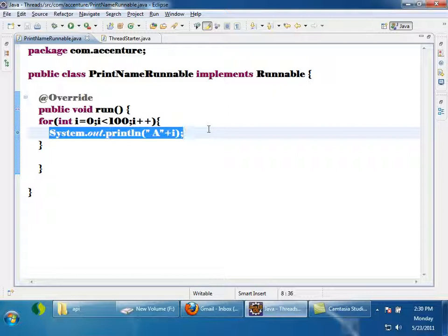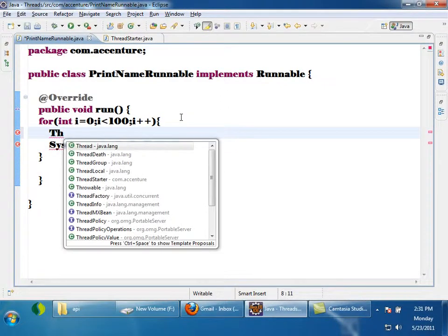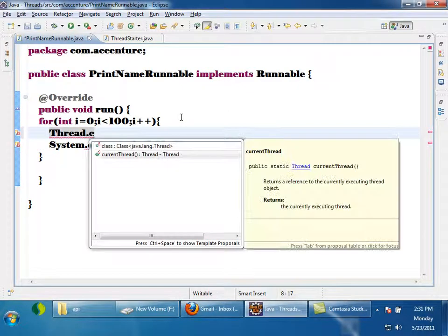So if you want to get the reference of the thread object which is executing this code, you have to do it like this: Thread.currentThread. Inside the Thread class there is a static method called currentThread which will give the reference of the thread object which is executing it.